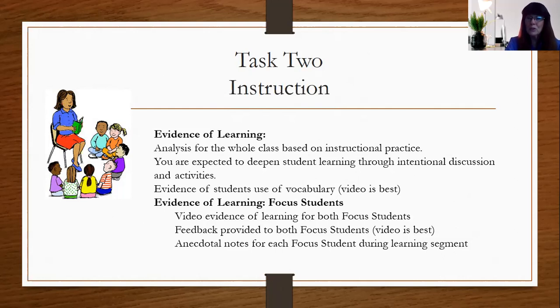Now, student use of vocabulary doesn't have to be just your focus students. It can actually be any of the students in your class. So again, video is best. If you video everything, you will have an opportunity to capture lots of gems where students are speaking and using the vocabulary. There is specific evidence for your focus students, so you will need to collect video evidence of learning